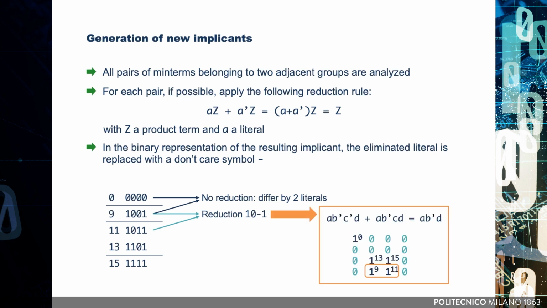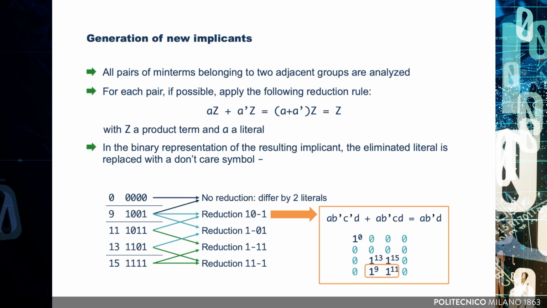Let's briefly compare this with what we would obtain from the Karnaugh map. Minterms 9 and 11 are adjacent on the map. So, if we combine them algebraically, we obtain A, not B, not C, D, or A, not B, C, D, equals A, not B, D. As expected, the variable C is eliminated. We continue this process for all valid pairs, checking whether a reduction is possible based on Hamming distance.